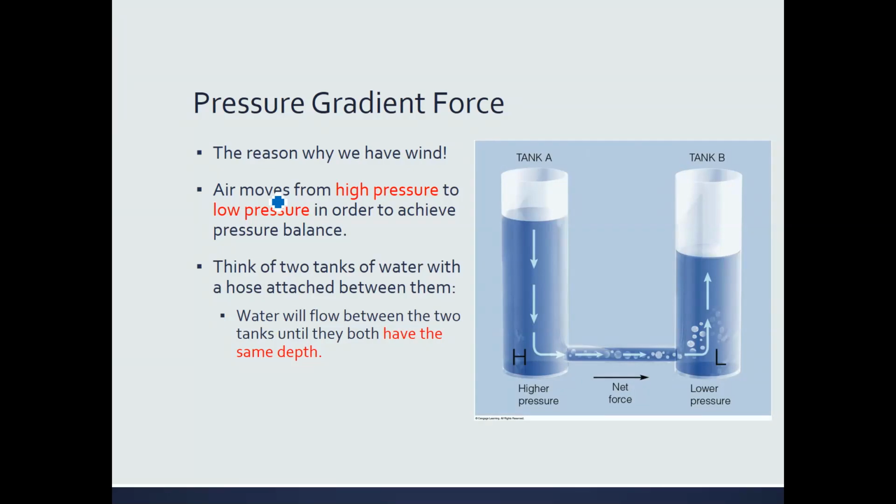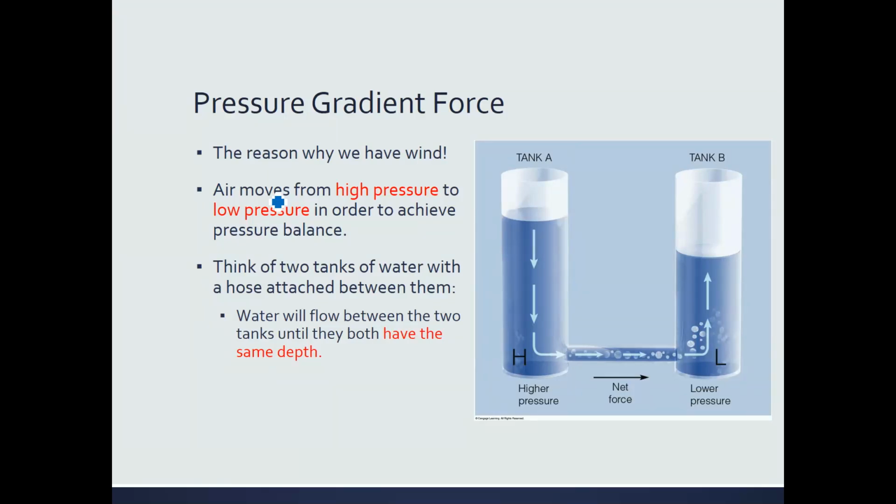Everything tries to balance each other out. So if you have a high pressure area, that location has more air above it. And then a low pressure area has less air above it. And so what happens is excess air from the high pressure will travel towards the low pressure until the two